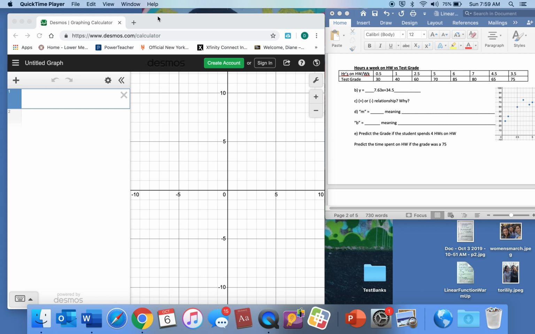to input this information into Desmos. So you go to desmos.com, calculator will probably come up, and if you have information here, you're just going to X out of that. But first we need to get this information in. So I'm going to click the plus sign and pull down table,